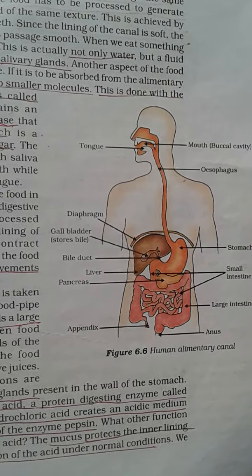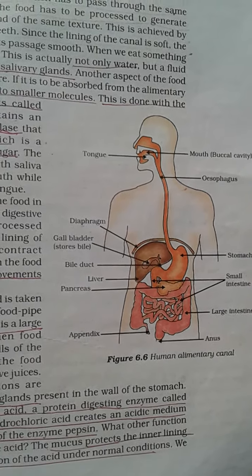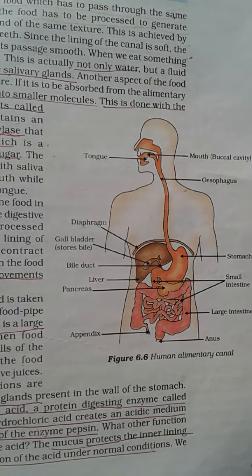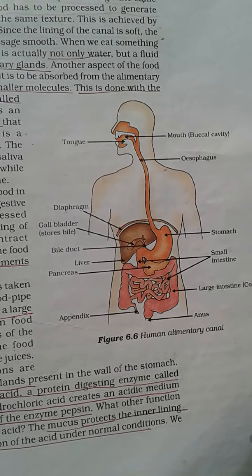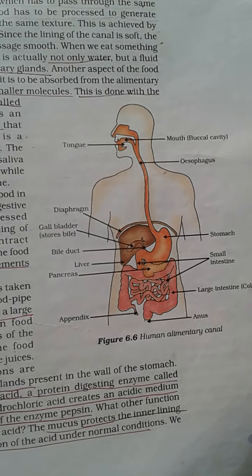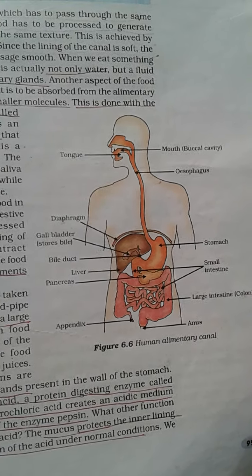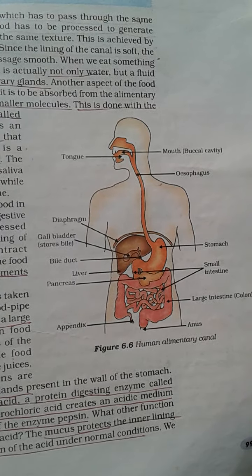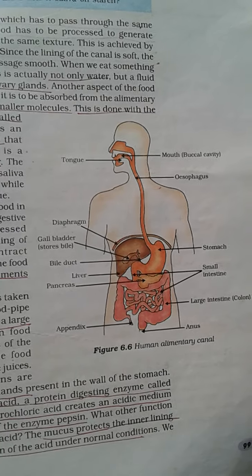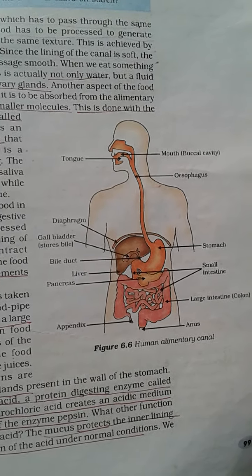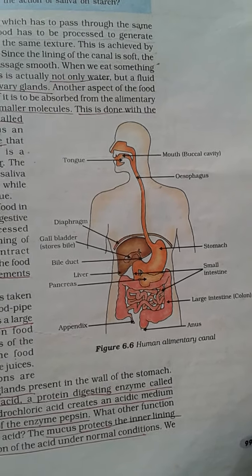Then the food from the mouth passes through the esophagus, that is the food pipe, and by the peristaltic movement it reaches the stomach. Stomach is an elastic bag which has gastric glands, and it releases gastric juice. Gastric juice comprises HCl, digestive juices, and mucus. Function of HCl is to make the stomach an acidic medium, and also it helps in killing the bacteria that come along with the food. Next that I said is digestive juices.